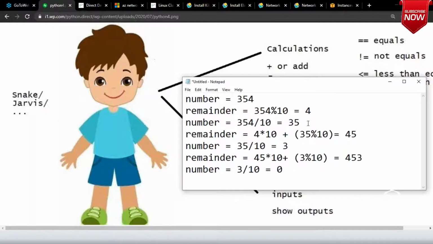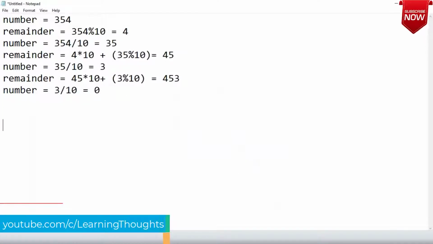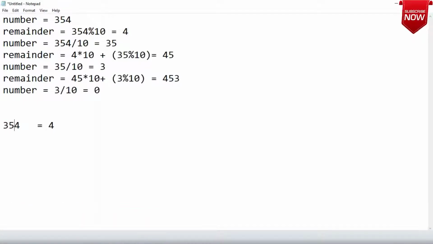So explain the third line. Sir, first when I try to do a reverse of the number 354, I'll get 4. Then what is the value which I should get? 5. So to get the 5, this number should become 35. Yes or no? How will 354 become 35? If you divide it by 10.